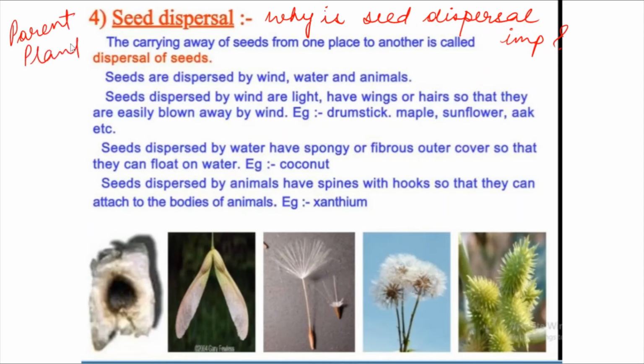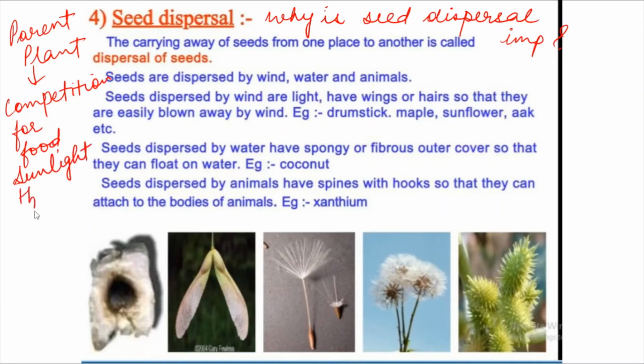So this will lead to what? This will lead to competition for food, sunlight and water between them. And children, you must be aware that a plant's nutrient requirement, suppose there is a plant A and it requires more of potassium, so all the plants of that type, suppose mango, will require the same nutrient, and this will in turn reduce the fertility of the soil by reducing the amount of that particular nutrient